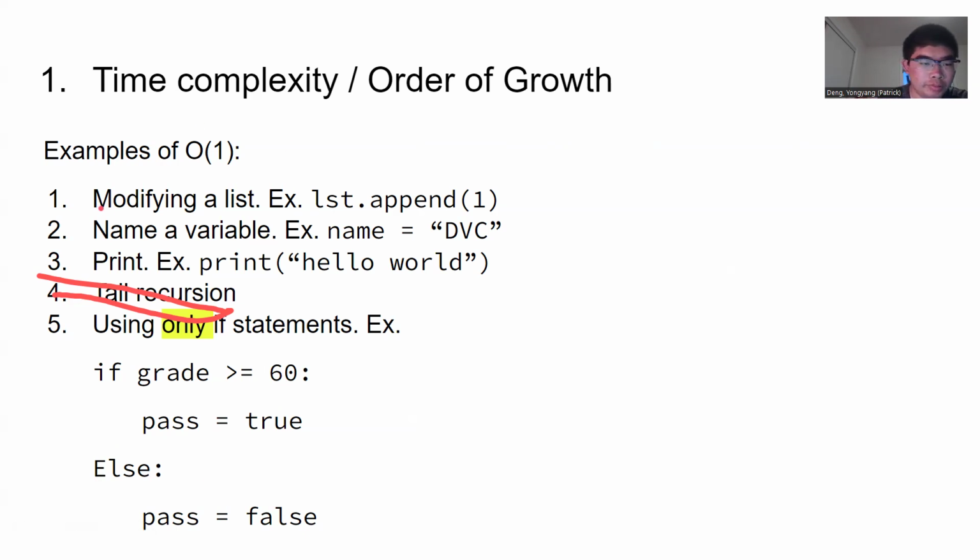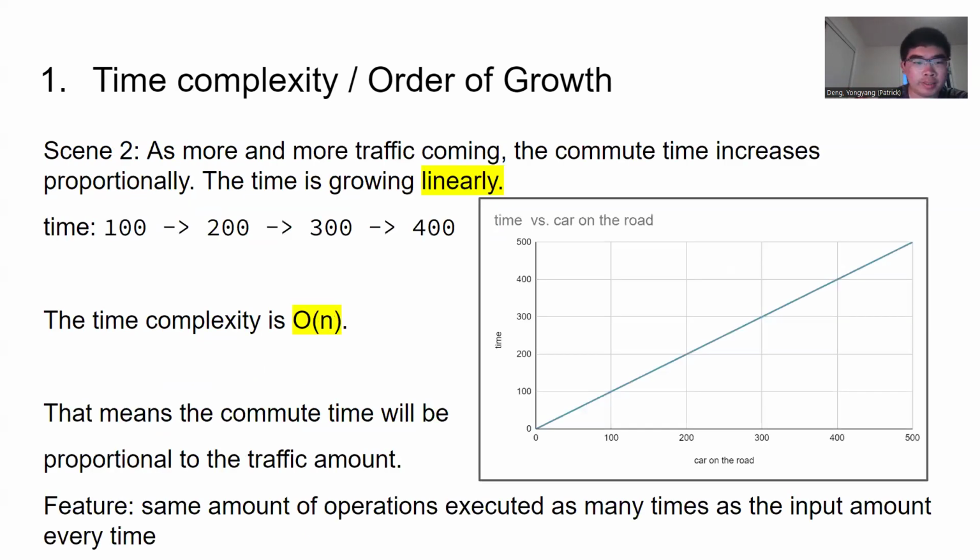So this is O(1). We have four examples here. No matter how big your input is, it will remain the same, and the time you wait for the output will not change. The next one is called